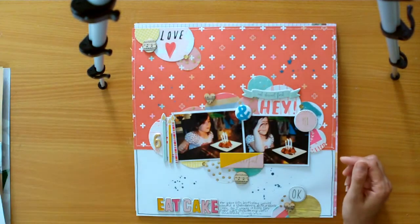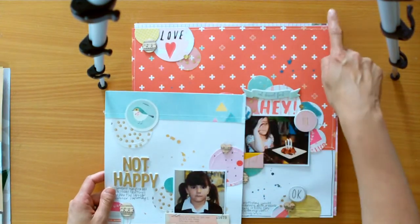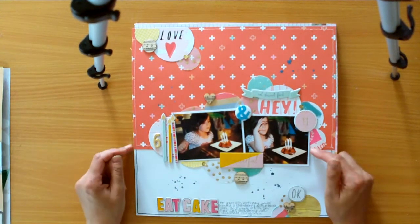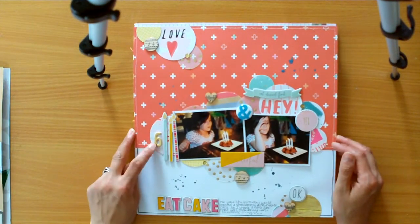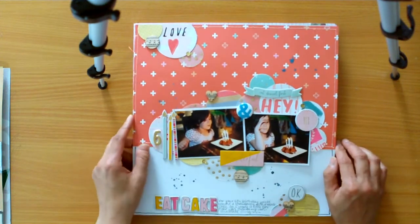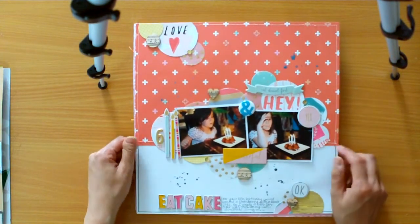And the main elements that I picked up were I wanted this banner here, which I extended down, and the circles. So this is Azaria's birthday, and she turned 6, and we just had a little cake for her in the evening. So these photos were taken at night, and I cut my circles again,